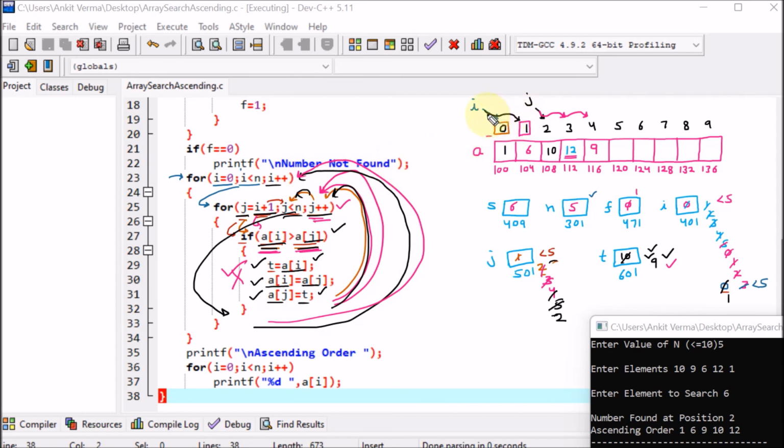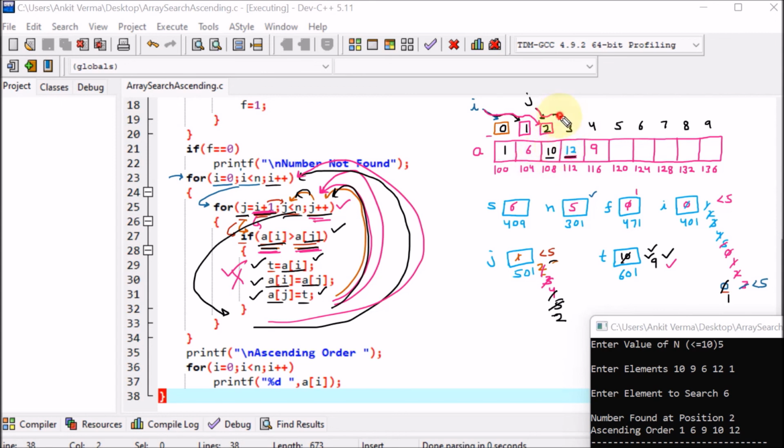Now here we can see that the value of I will be going from 1 to 2. So I is now going to fix the next position and j will start after I plus 1. So the value of j will be I plus 1. The value of I is 2, so j will start from 3 right now. So again they are going to compare. So 10 will be compared with the 12. Then we can see that there is no problem because 10 is smaller.